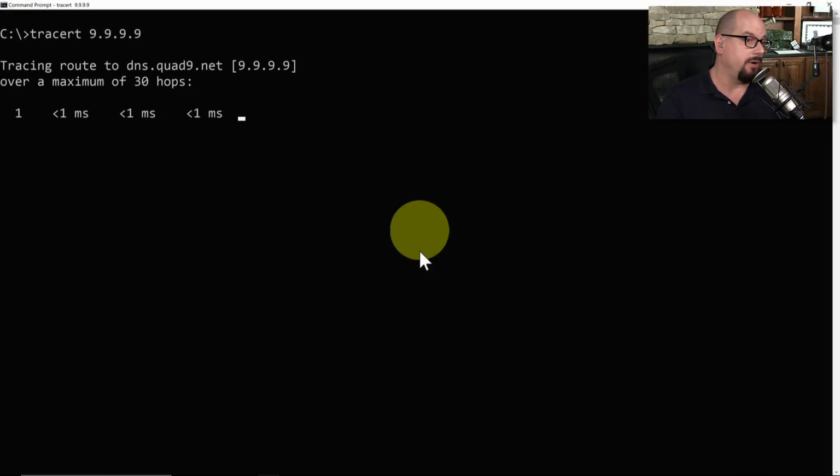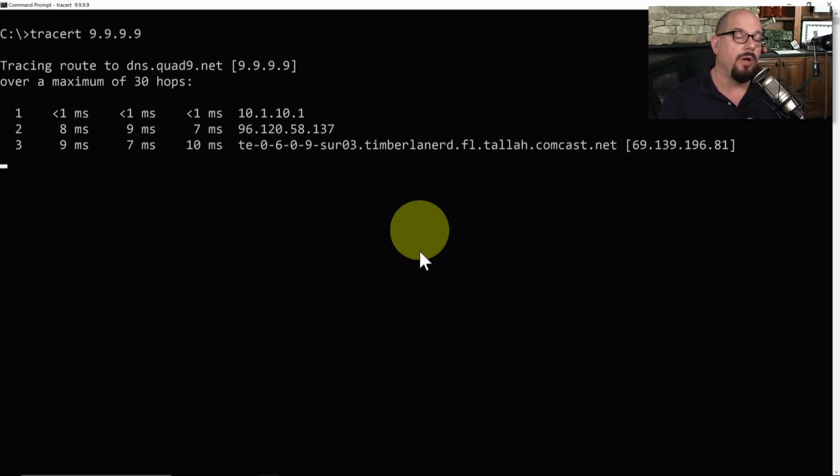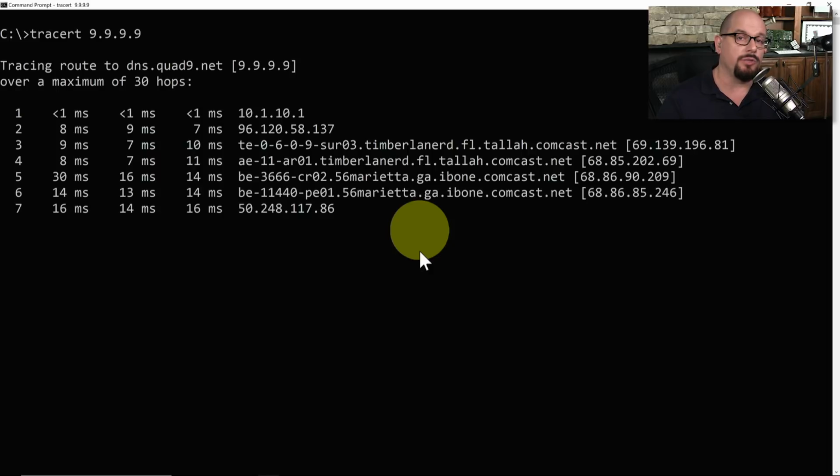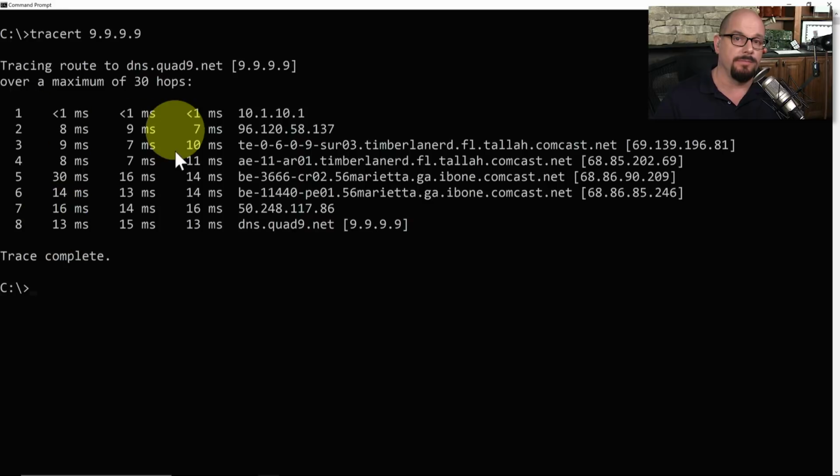We'll perform tracert to quad 9, and we'll see that it will hop through all of the different routers on its way between my device and the quad 9 DNS server. You can see there were 8 different hops to complete this route. We started with 10.1.10.1, which is my local router, and then all of the other routers in between until we finally hit